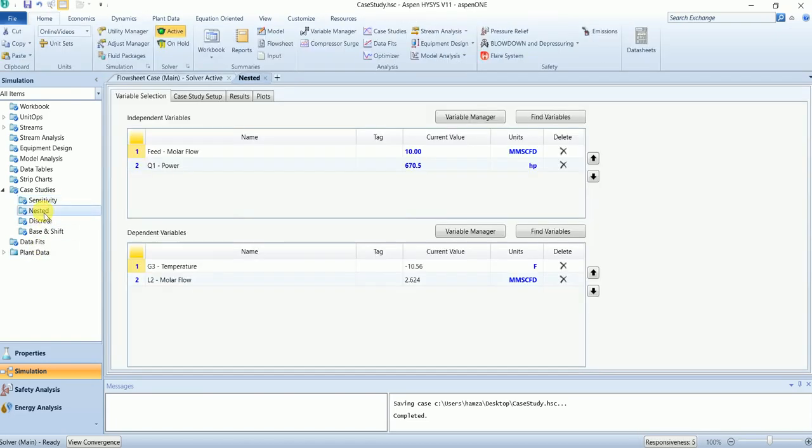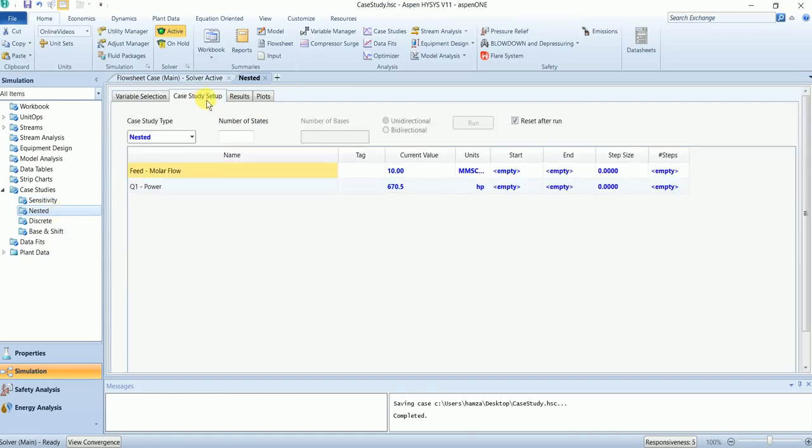The second type is nested. Specify the same parameters here and run the analysis.